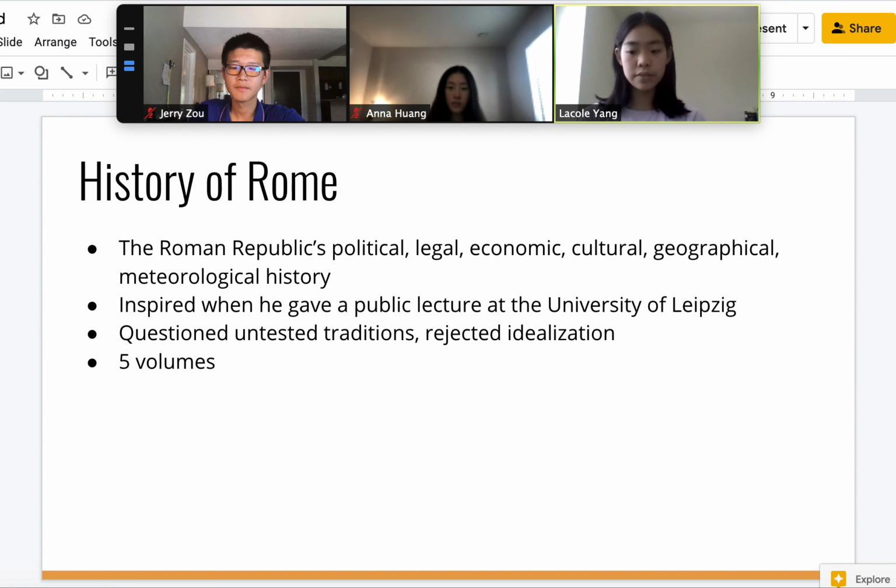History of Rome has 5 volumes in total. Mommsen wrote the first 3 volumes in a row. The 4th volume is actually not written by Mommsen, because Mommsen gave up halfway through writing it. Sources say that he didn't feel like his writing style could meet the writing style he had for the first 3 volumes. So the 4th volume was constructed from lecture notes that his students took. And Mommsen continued after that and wrote the 5th volume and published it.